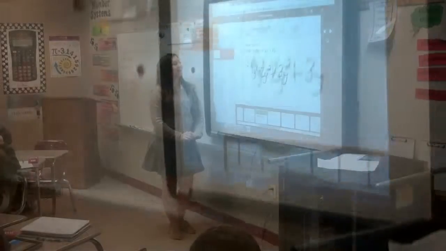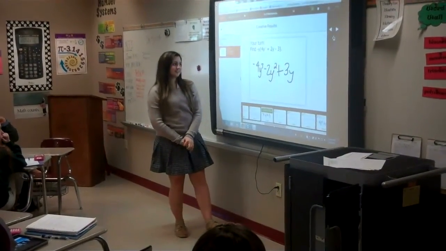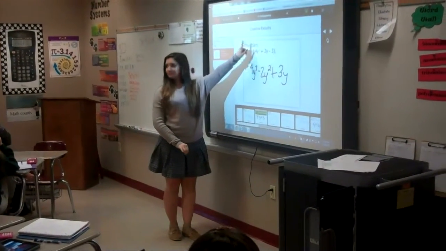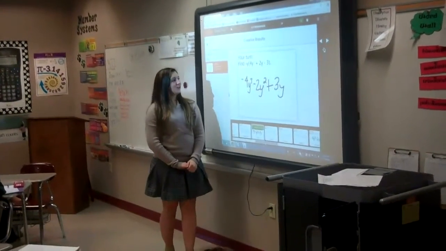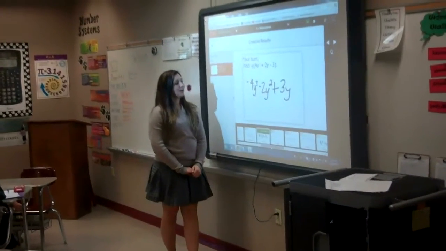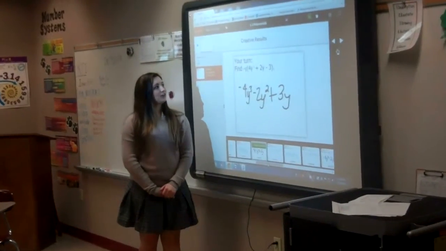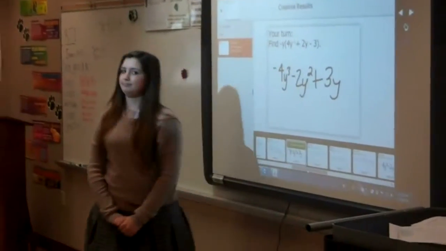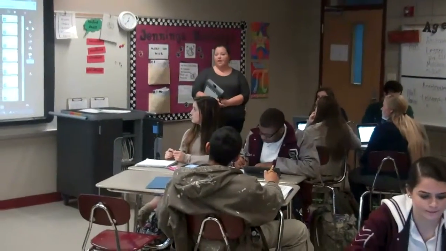Courtney, would you mind going up to the board and explaining? Okay, so you do -1 times 4, and so you get -4y, and then you have to add the exponents, and then you get 2 plus 1 is 3, and then you do -1 times 2 is -2, and then you add those, and it's 2, and then you do -1 times -3, which is 3, and then you have to bring the y. Okay, good. Good job referring to these things, because we're going to hear these words over and over and over